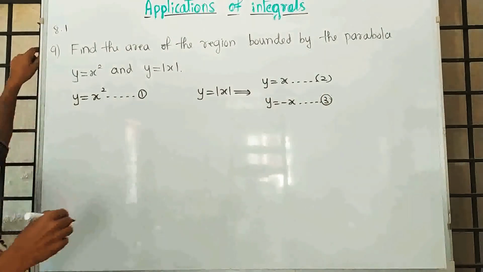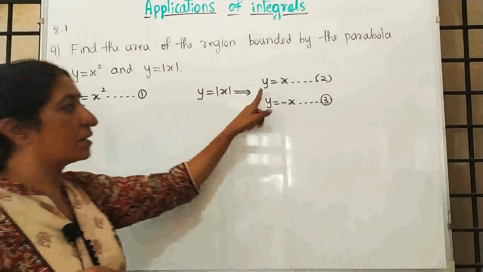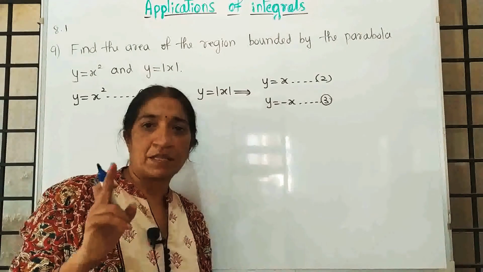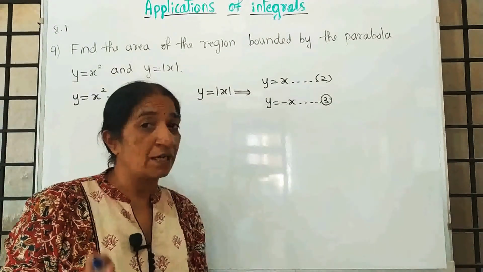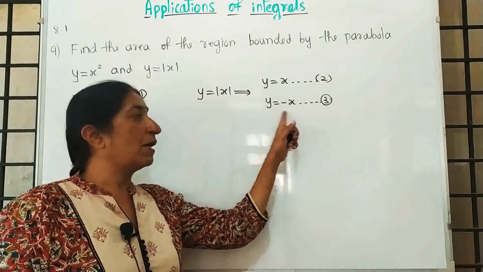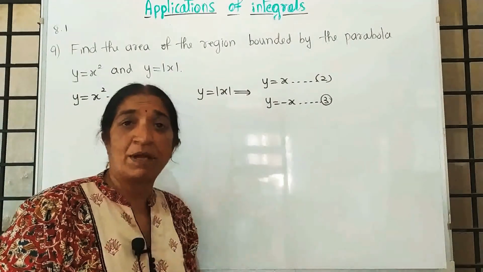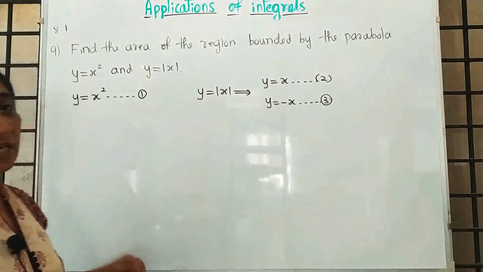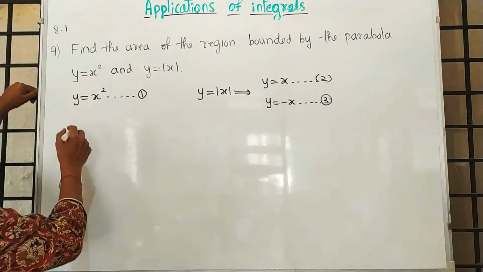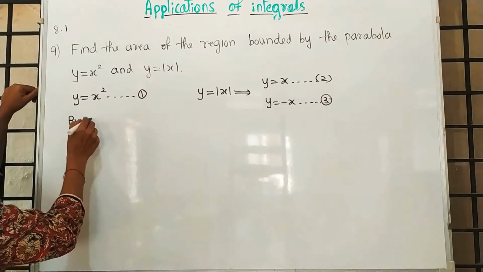See, if you are thorough, already we are familiar. y is equal to x is a straight line passing through origin, comes in first and third quadrant. And y is equal to minus x is also a straight line. Again it is passing through origin but comes in second and fourth quadrant. So by solving